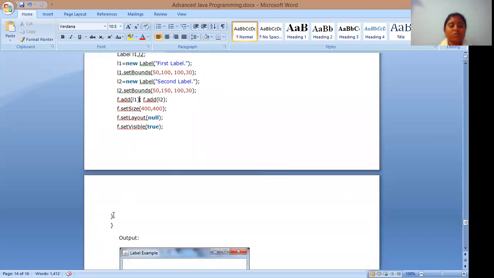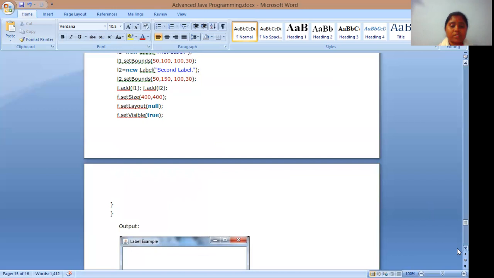Now we are closing this main method body, and after that we are closing this class body. Now we will execute this program, and this will be the output.